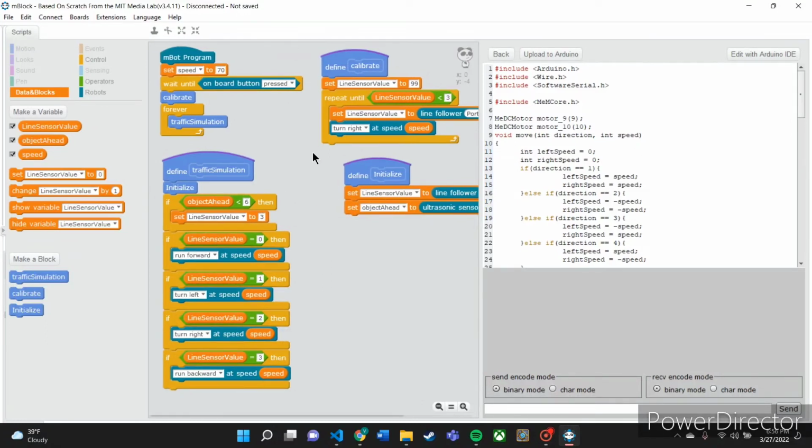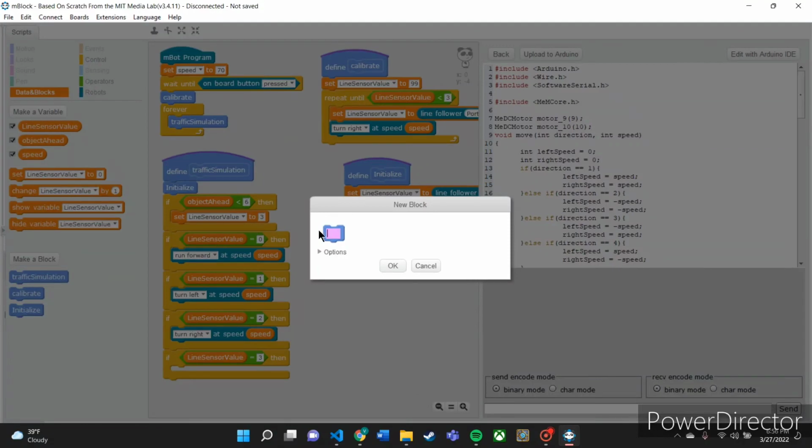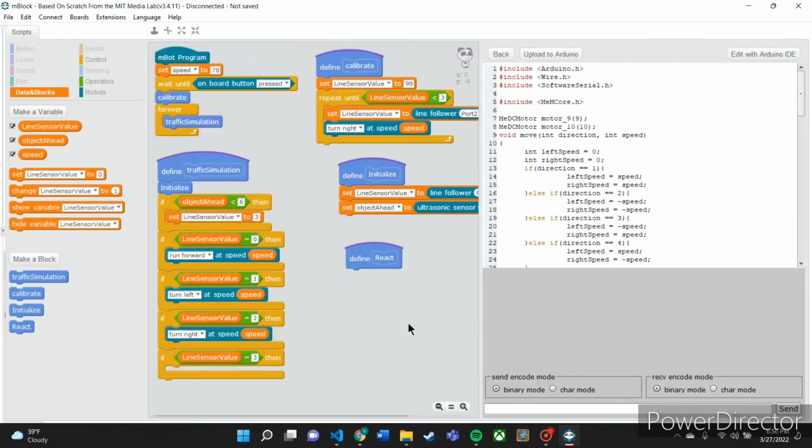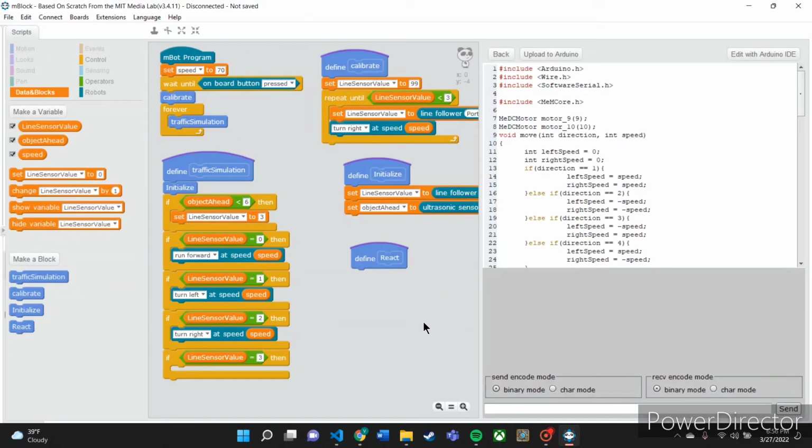Okay, and as we know, up until now, what happens when the line sensor value turns into a value of 3? Right now it runs backward. However, let me delete this. We're going to make a couple more, this function called react, and I call it react because it's basically what it's going to do when there's an object ahead and when there's a stop sign. If you remember from the traffic simulation, the line follower returns a value of 3 once